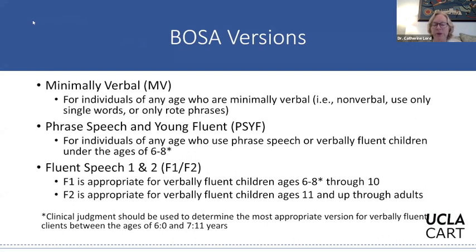Then there's a version for kids and adults with fluent speech. This is scored on either module 3 or module 4, depending on what you would have used if you were giving the module. It's basically the same version, but the materials are slightly different. In F1, only the examiner asks questions because we're not sure the kids can read fluently enough to ask questions. In the F2, both parties ask each other questions. So that is the primary difference.